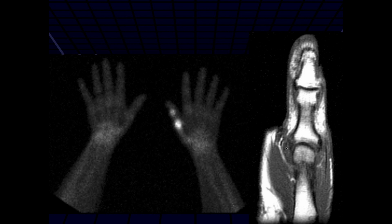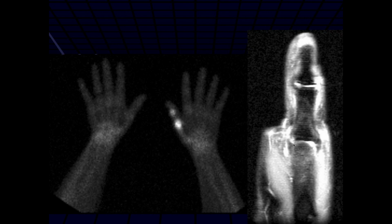You can see some increased uptake of the distal aspect of the first metacarpal as well as the distal aspect of the first proximal phalanx. On the MRI sequences, I'm not quite sure if I'm seeing anything abnormal here. Okay, so the fluid-sensitive sequence, there's increased signal along both the ulnar and radial aspects of that distal